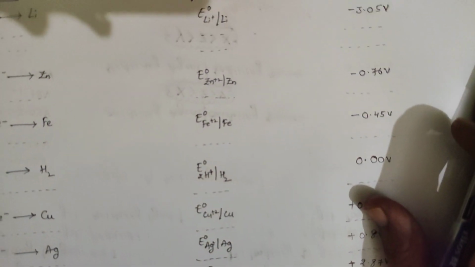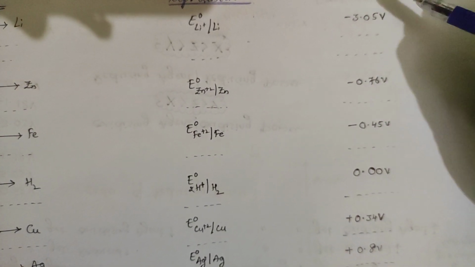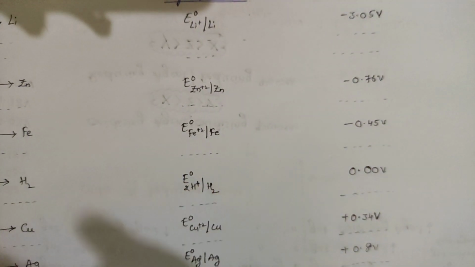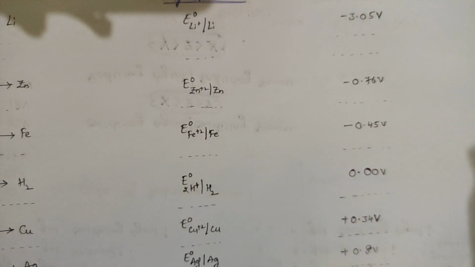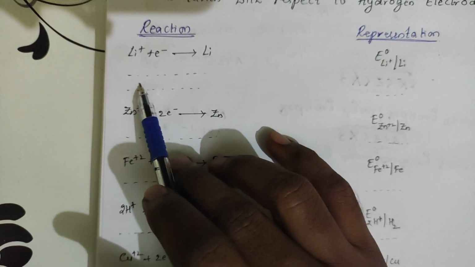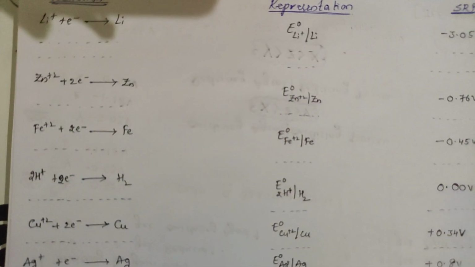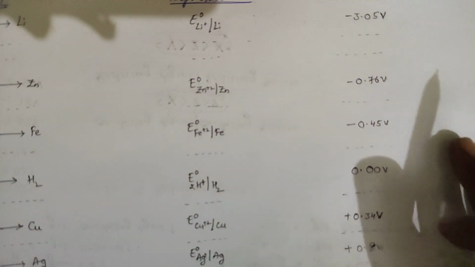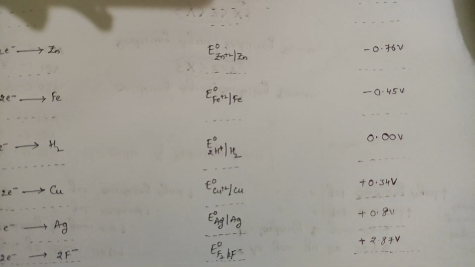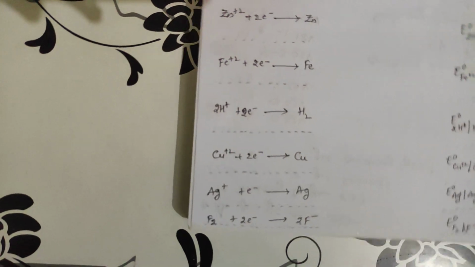So simply, one thing you can remember: from top to bottom, reduction values decrease. The higher reduction value will behave as cathode because it undergoes reduction, and the lower value will become anode. In the same way here also you can take. Lithium generally undergoes oxidation, right? In reduction it is very slow. This is the entire thing you have in the electrochemical series with respect to the chart. Once I show the chart, we will look over that.